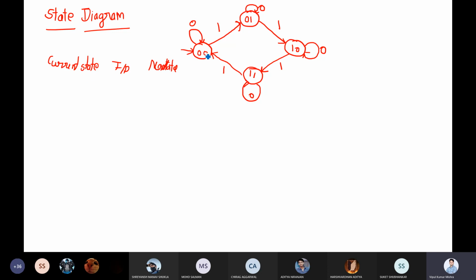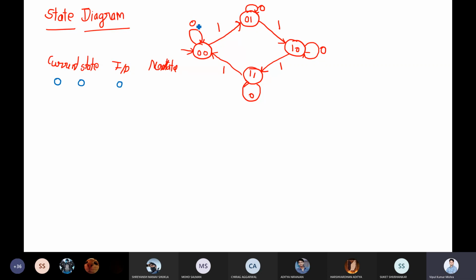Suppose initially I am in the 00 state, right? Suppose I am in the 00 state and here I got input 0. What will be the next state? Can you see in the diagram and tell me what the next state will be?